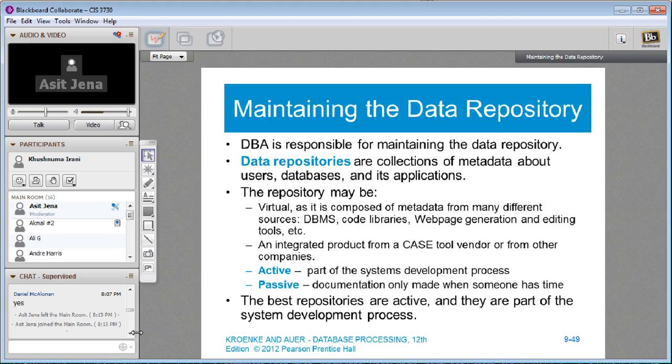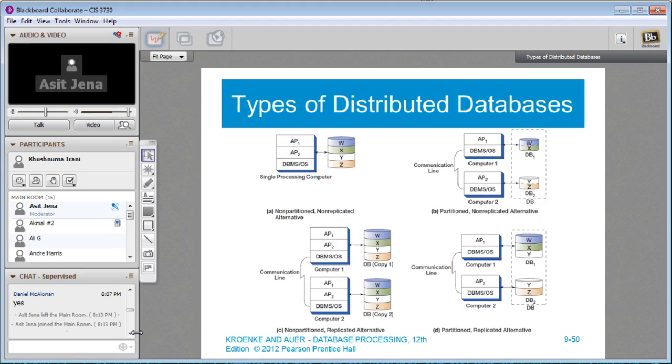So this gives you a very good flavor of what a DBA does: make sure the conceptual design is correct, work with the analyst, create the conceptual design, implement the database, create the database structure, make sure the data is backed up and that there is a recovery strategy,